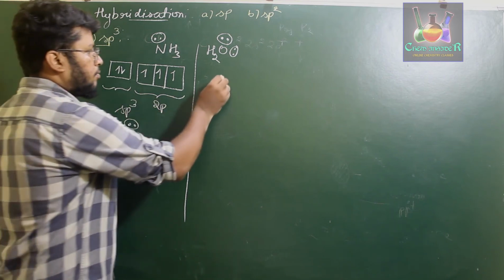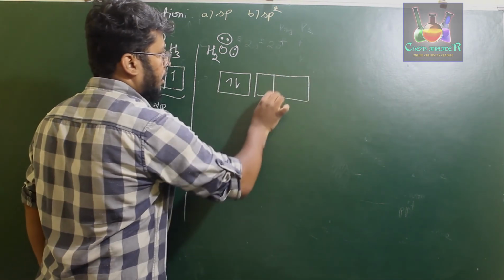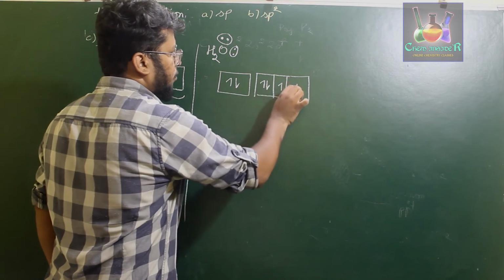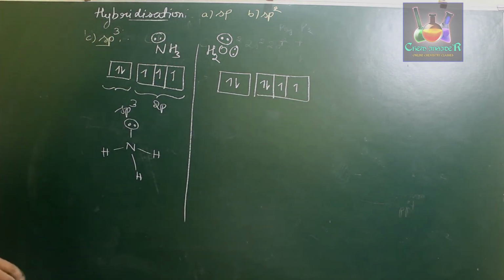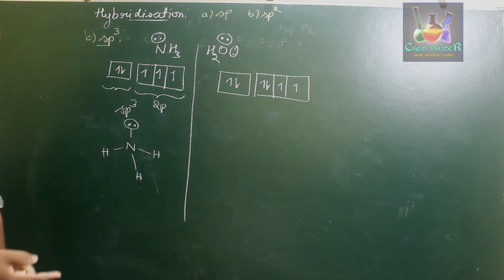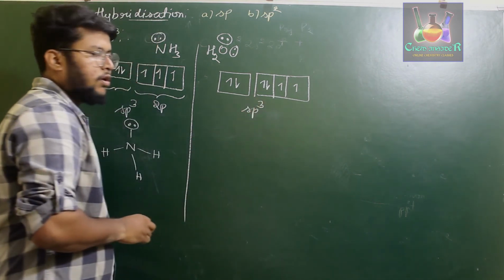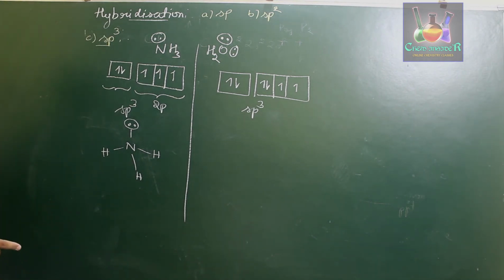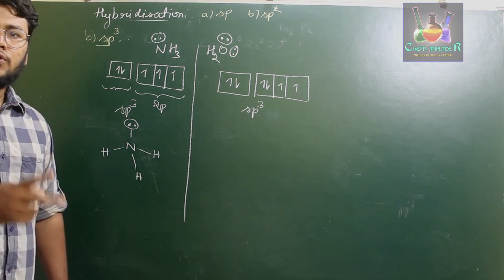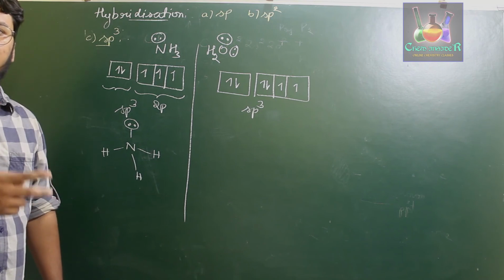Similarly, in the case of the water molecule, if you write down the electronic configuration, it has 2 electrons in 2s and 4 electrons in 2p. Here, the completely filled 2s orbital and the p orbitals get involved in the hybridization to form sp3 hybrid orbitals, and we observe that 2 of the 4 tetrahedral positions will be occupied by the 2 completely filled paired electrons, that is nothing but the lone pairs of electrons.